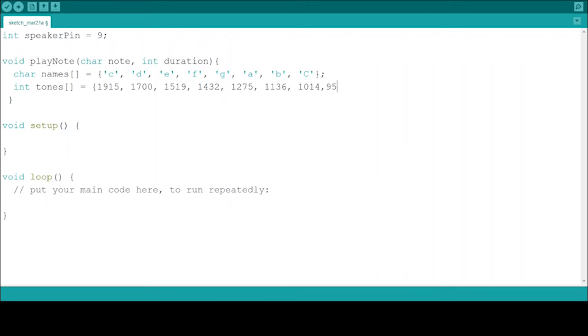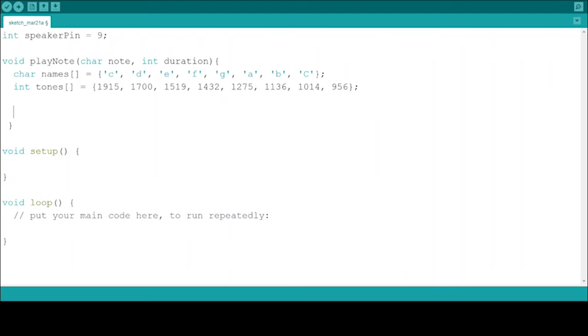So what you might be wondering, what did I do here? Simply saying, I made each corresponding index have its number. So for C, it's 1915, for D, it's 1700, for E, it's 1519, and so on. And as you can see, the size of the lists are the exact same because we're just putting one number for each music name, right? So knowing that, we're going to be playing